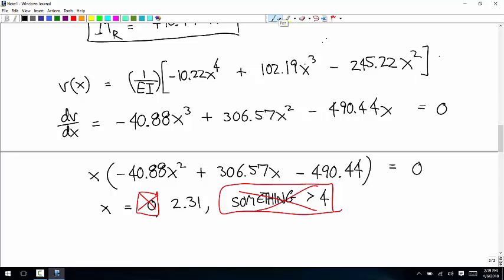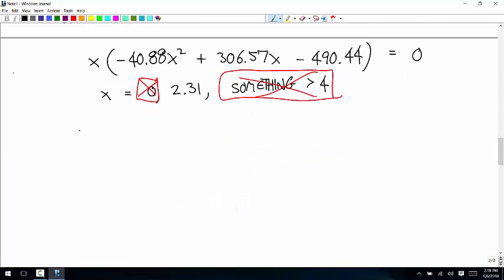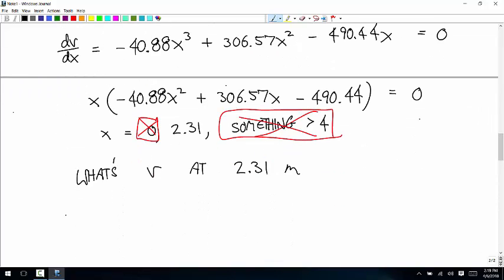Okay, so let's find the deflection at x equals 2.31. So v at 2.31